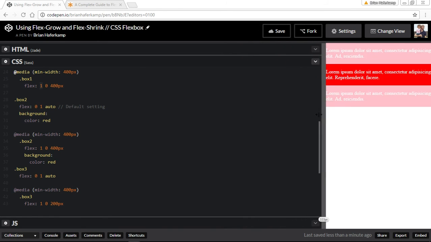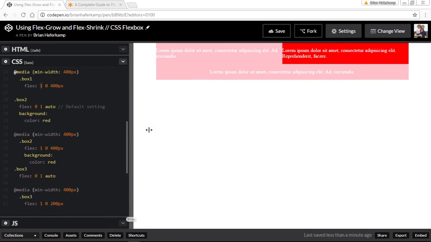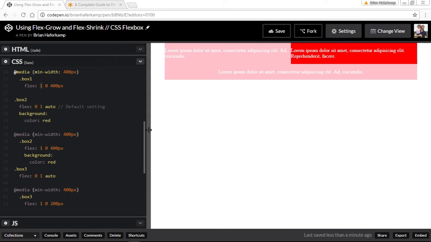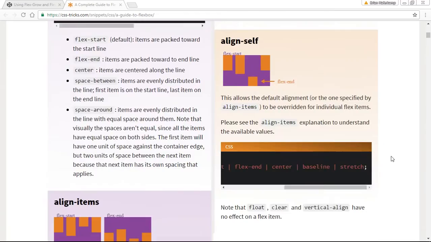And then you move into the responsive styles. So you can see how you can create some really interesting layouts using Flex Grow and Flex Shrink. I hope it's not too confusing. You just need to play with the Flex Grow and Flex Shrink properties and the Flex Basis properties. You just have to play with them for a while to understand how they're working together in relation to one another. But I think if you do, and if you use this guide to help you